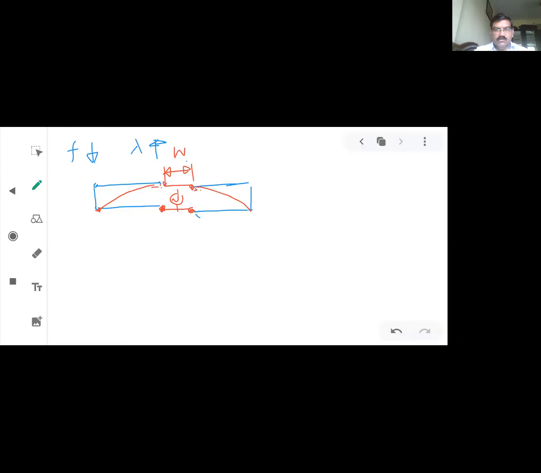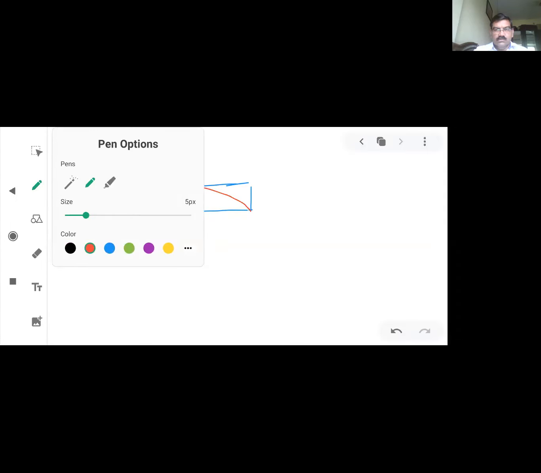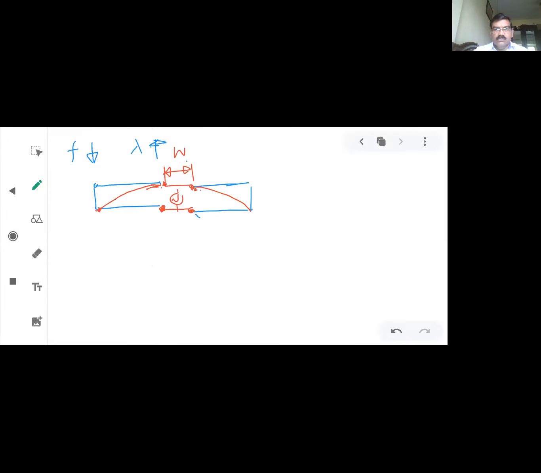The maximum it reaches or it touches the edge of this W strip. Okay. But suppose the frequency has got reduced. The frequency reduces, then the wavelength is going to increase. So what is going to happen to the standing wave? Since this end and this end are short circuited ends,